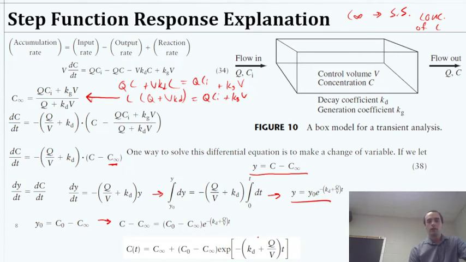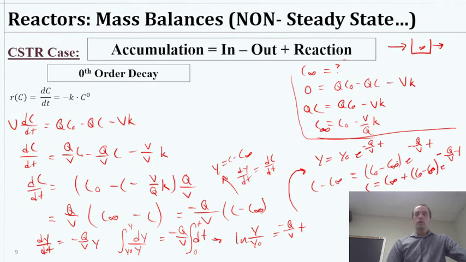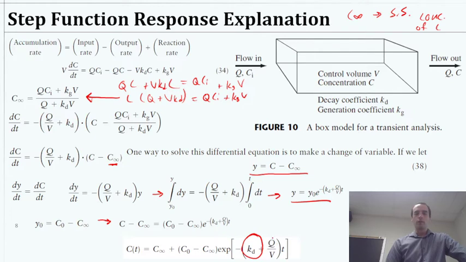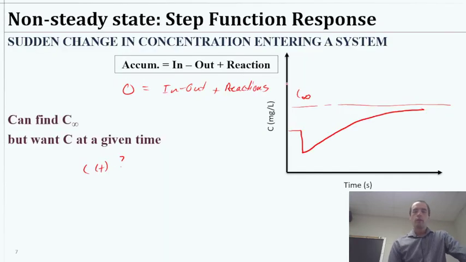Really, the only difference here is that KD and that exponent. It's a first order. That's the only thing that's different in what we derived here. It's got the c at infinity plus c initial minus c infinity quantity times e to the minus something times time. That something was q over v for us for the zero order, and for them it was kd plus q over v. And then part of the solution contains that information about what happens at steady state, which gives us that role of the